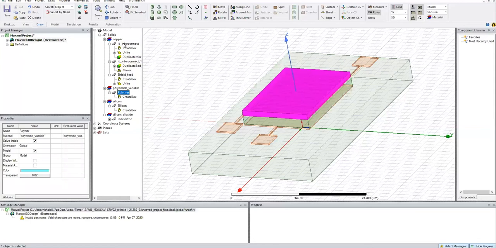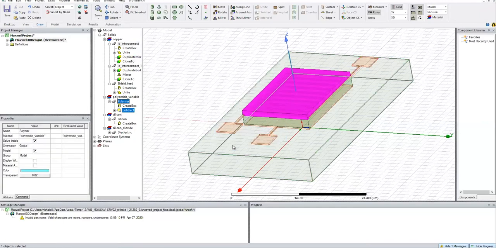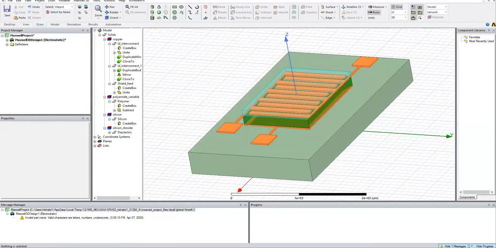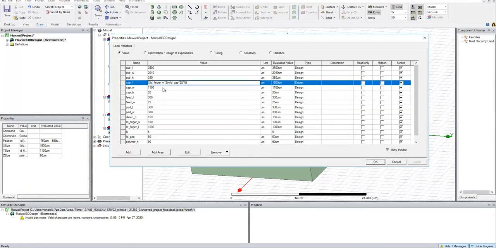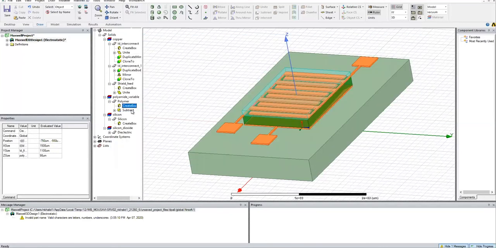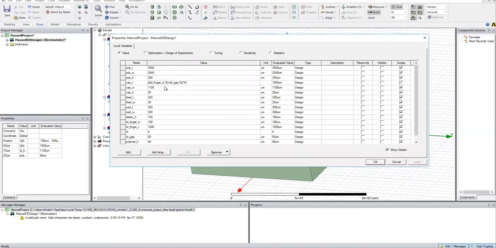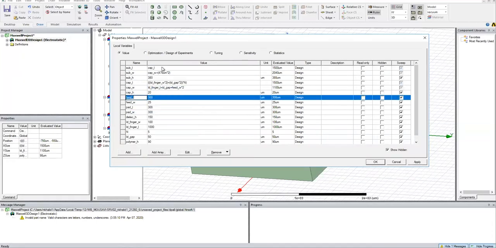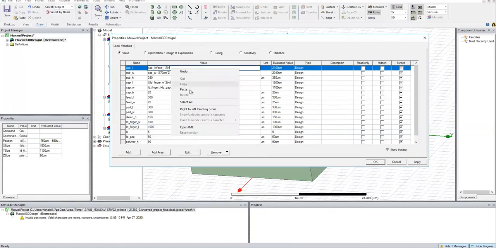Now here is the polymer. We are going to subtract our polymer from the IDE finger so that it can be deposited between the IDE gaps. Another thing that we can do is to design properties and make your dimension model more parametric. For example, there are some dimensions you can adjust in a way that they depend on other quantities.